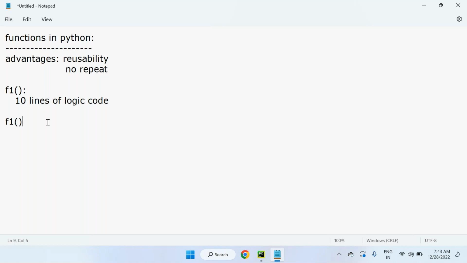Because in Python, Django, Flask, REST API, everywhere we follow the DRY principle. That means do not repeat yourself. So instead of repeating the code, you have to provide reusability. Reuse means once we write the code, we can reuse that code directly here. Okay. So function advantages: reusability, and it will avoid repetition of the code. That means no repeat. And also